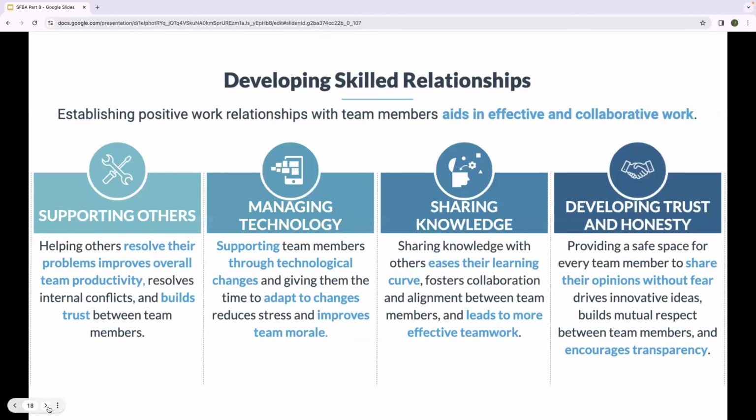Developing skilled relationships. Establishing positive work relationships with team members aids in effective and collaborative work. Supporting others. Helping others resolve their problems improves overall team productivity, resolves internal conflict, and builds trust between team members. Managing technology. Supporting team members through technological changes and giving them the time to adapt to change reduces stress and improves team morale. Sharing knowledge with others eases their learning curve, fosters collaboration and alignment between team members, and leads